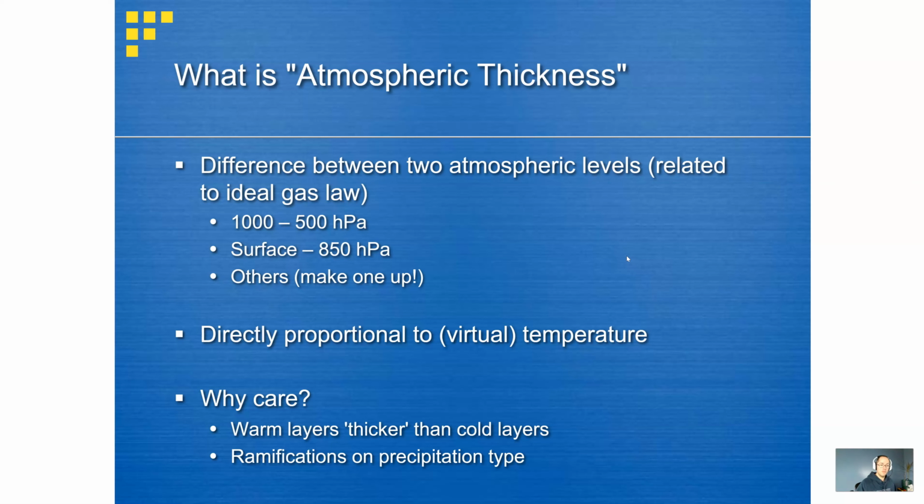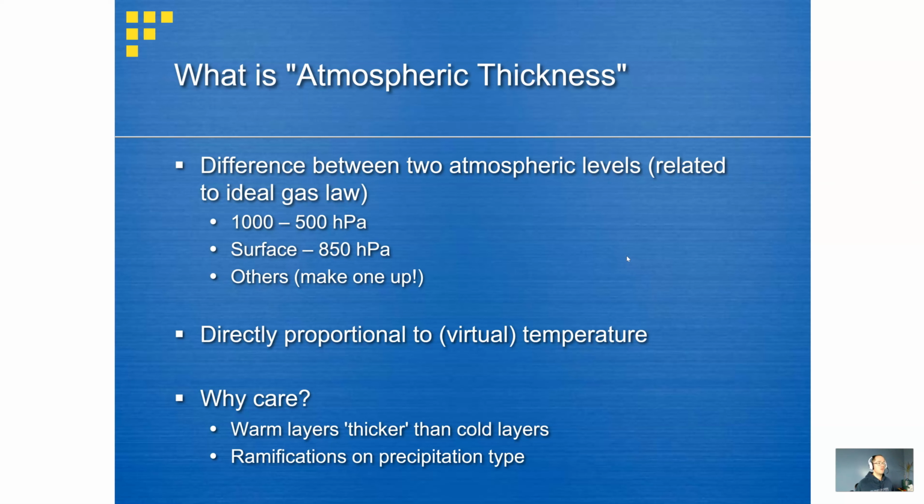Not that that may be of much use to us, but we're going to look at what's that relationship between two levels of the atmosphere, remembering that we usually refer to these levels in terms of heights. What is the height at 500 millibars, so on and so forth. And this is going to be related in many ways to your ideal gas law, your P equals rho RT.